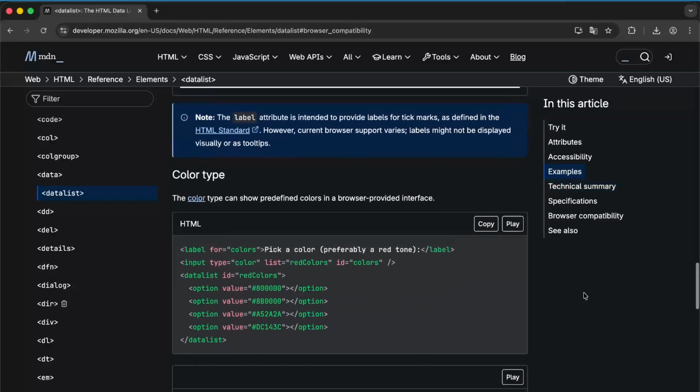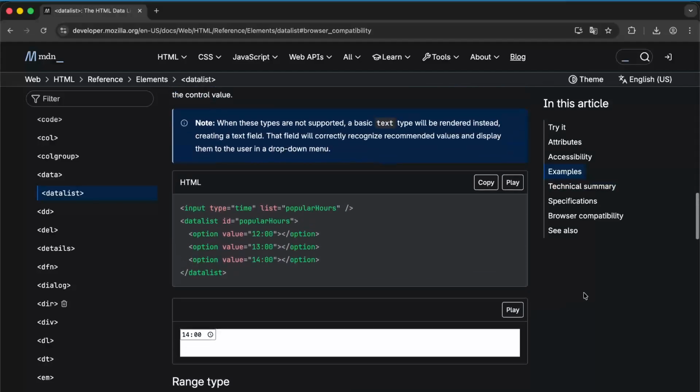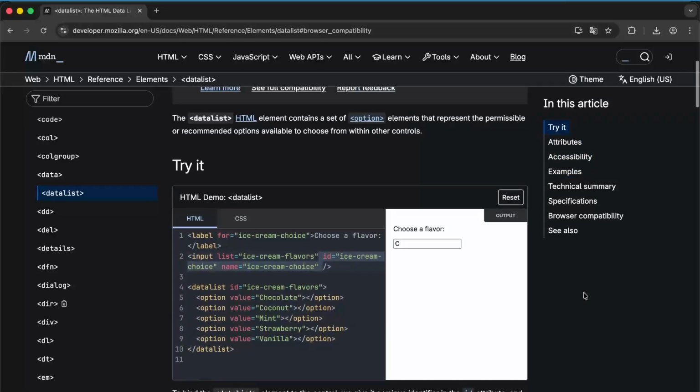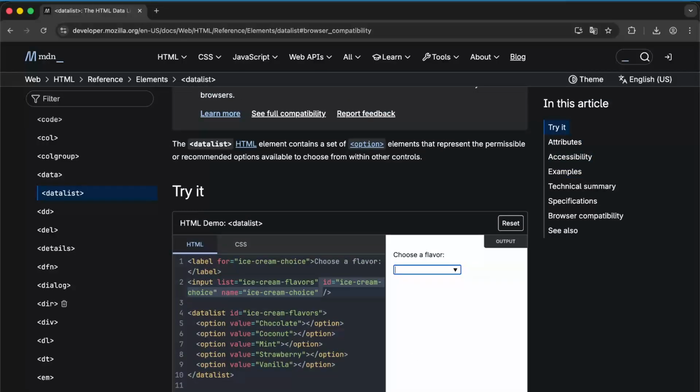But if we now go to the complete list on top of it, and I show you a little bit of what it can do, here you have an input list, ice cream flavors, with an ID ice cream choice and the name ice cream choice. Then you have your datalist, and then you have options with a value, the values that you want to have. You can then type in